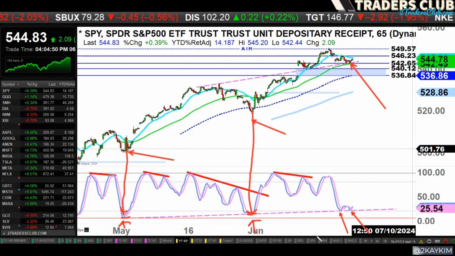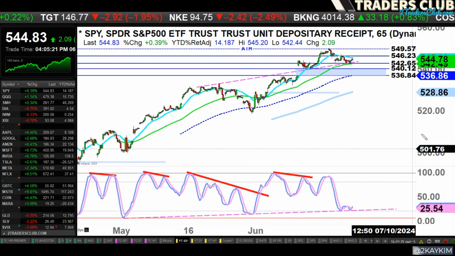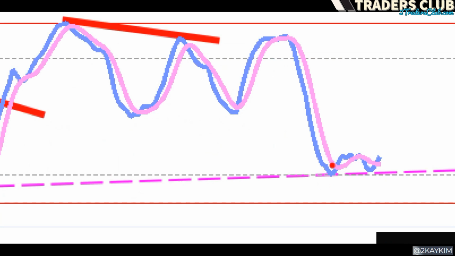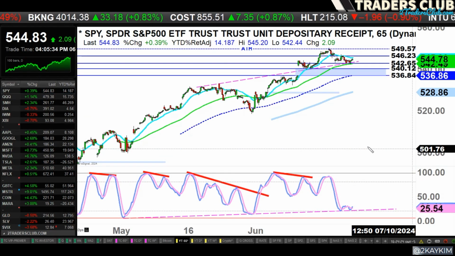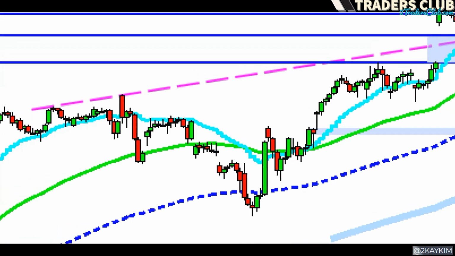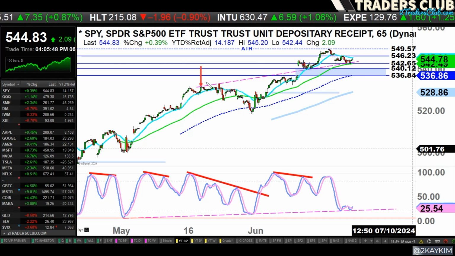especially going all the way back on the 65-minute chart to 2 months earlier, going back to May and June, and understanding the fact that that cross was the low for May, that cross was the low for June, and to prevent it from breaking below this support here, it had to do that little maneuver, the double bottom, just so that it can honor that support right on this pivot here. As you can see, that pivot actually comes all the way back to the middle of May here, right there,